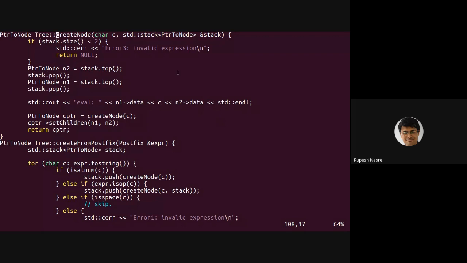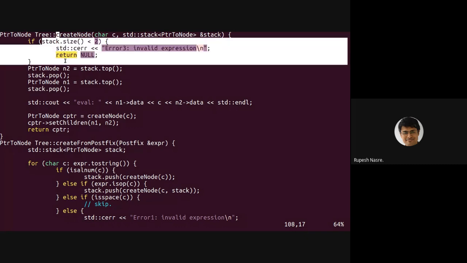What is the job of create node? Create node says that pop two elements from the stack and create a node for the operator. Assign the two nodes from the stack which you have popped as children of this newly created node C, and return this new C. That is the pointer to the node C. So if the stack size is not at least 2, then this expression is invalid.